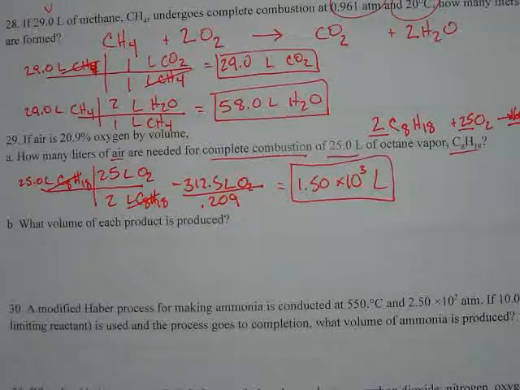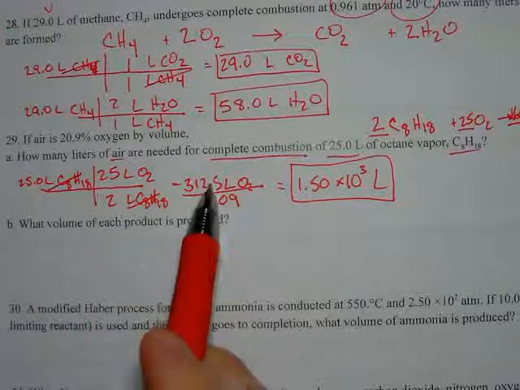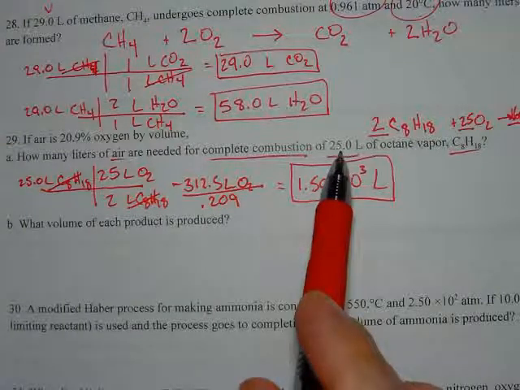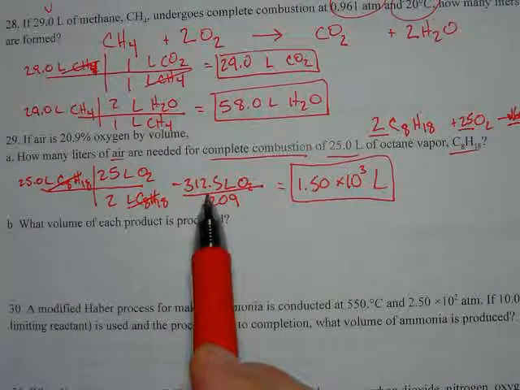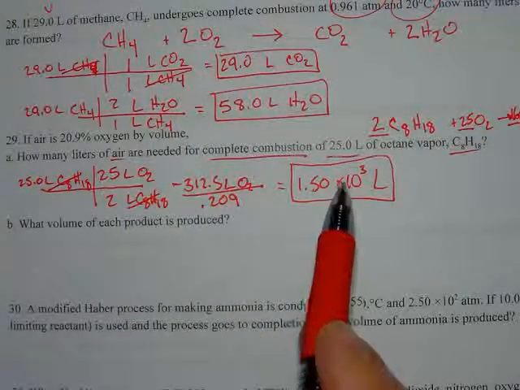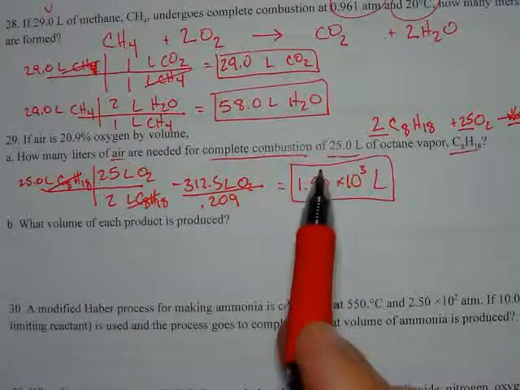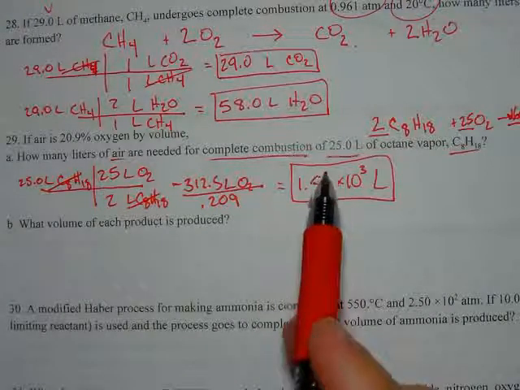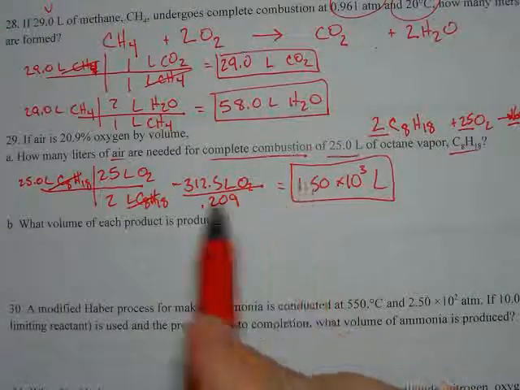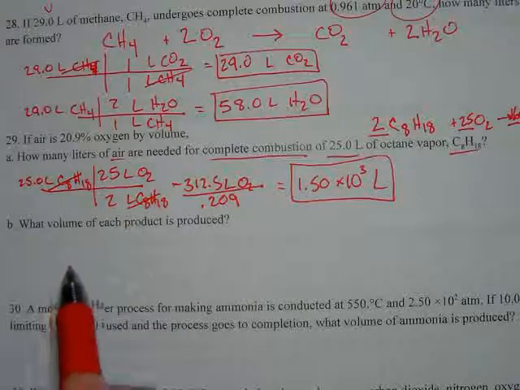B, what volume of each product is produced? We know a couple things. We can start from a couple of places. We can start from there. We can start from there. To be honest, I always prefer to go to the beginning, because just in the possibility that this is the incorrect answer. I mean, it's not, but just by chance, if this is the incorrect answer, I don't want the fact that I generated the incorrect answer here through some silly mistake to mess up my potential points for this next part. So